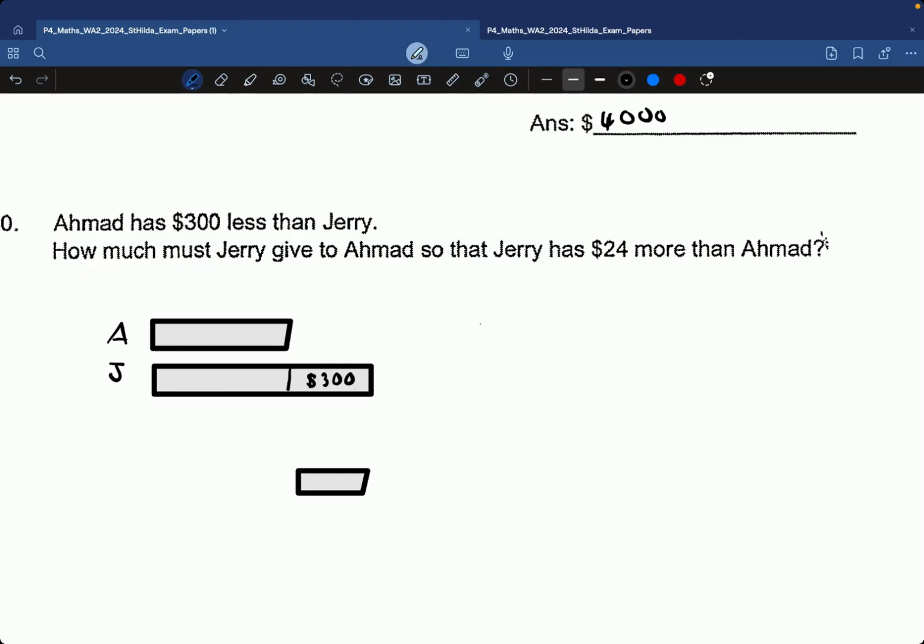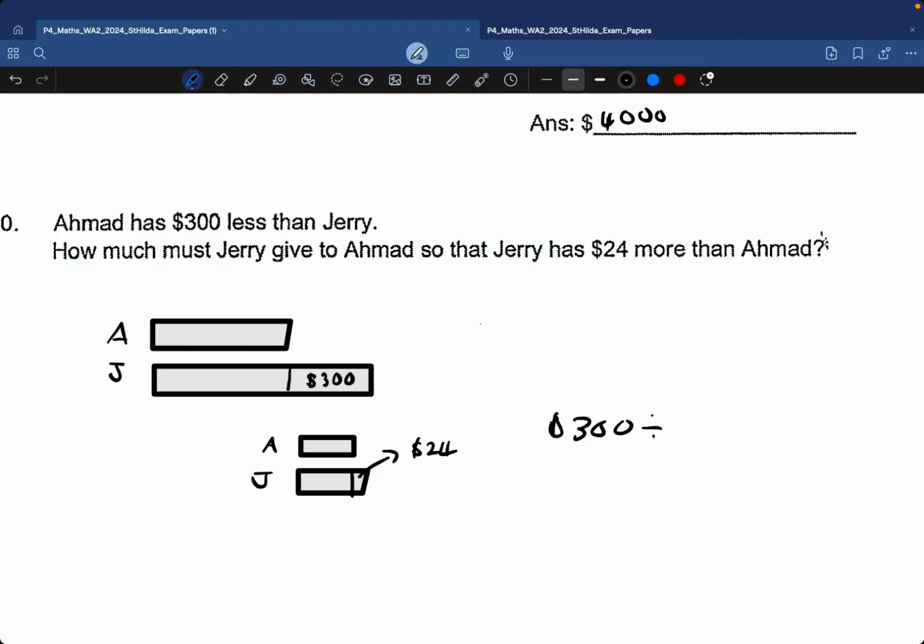So that means Ahmad over here. So the difference is basically $24. So this is Jerry, this is Ahmad. So in this case, what we can do is we need to split, right? Pretty straightforward. We can have $300